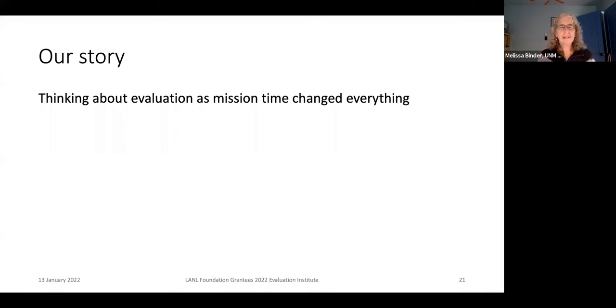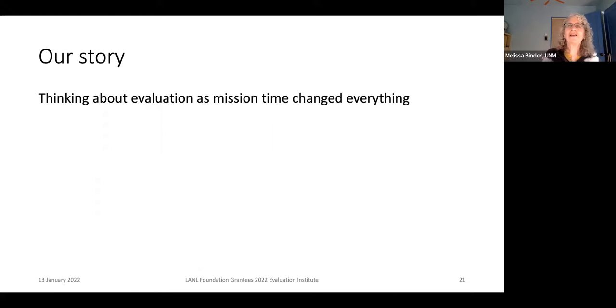Mission time is basically when you get to focus on your mission. And many of us in our programs are running the day-to-day and really excited about what we're doing, but we don't take the time to think about what we're doing intentionally, or to reflect on what we're doing, or to just stop and think.